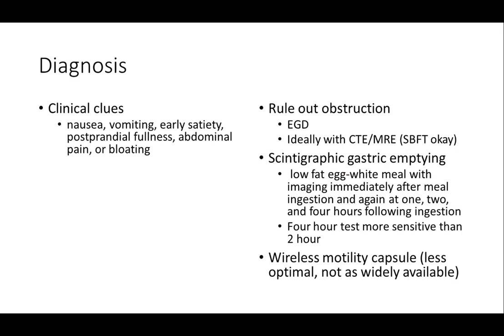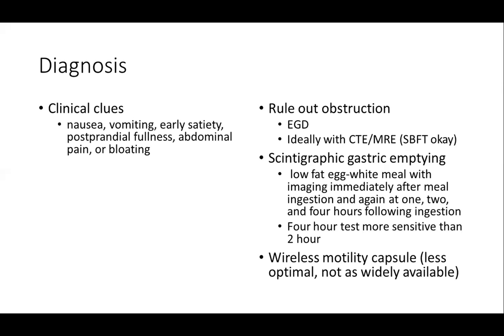So these are the clues. Again, in your clinic, this is what people are going to talk about. Now, I will say that these are not necessarily specific for delayed gastric emptying. I think this is pretty much every one of my clinic patients, and in GI clinic one of these symptoms is almost 95% of the patients I see. It doesn't necessarily mean you have gastroparesis, but it can be a clue to what's going on.